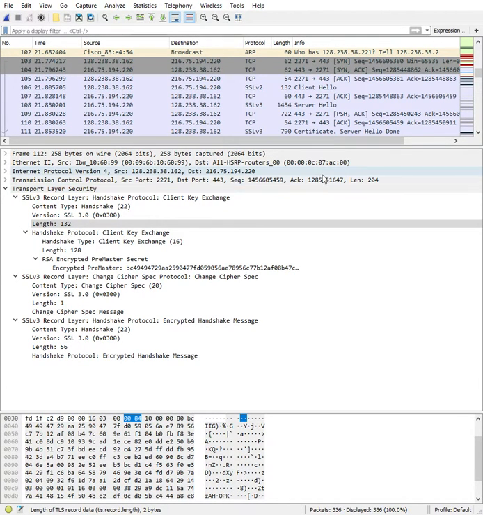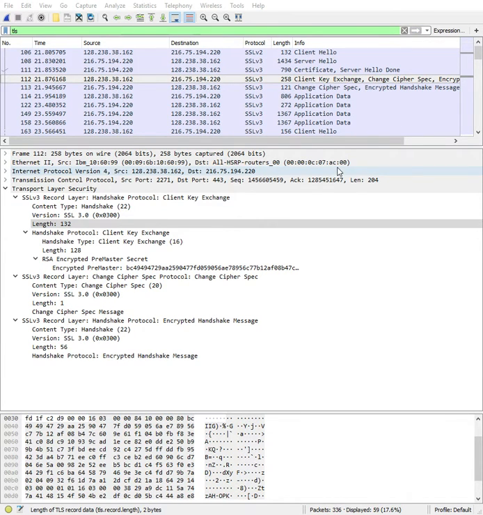Hello everyone, today we're going to analyze some SSL TLS traffic in Wireshark, and we're going to begin by adding a TLS filter so that we can only see that traffic. As you can see here, the source of the very first packet is the client at 128.238.38.162, and the source of the second packet is the server at